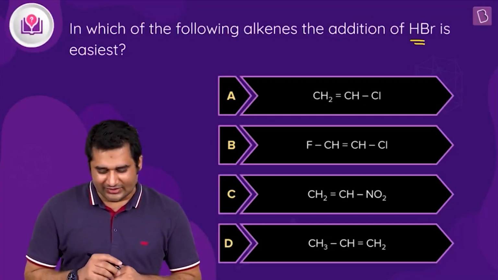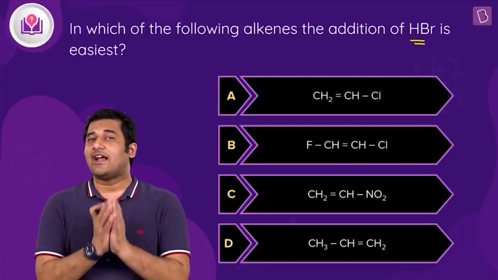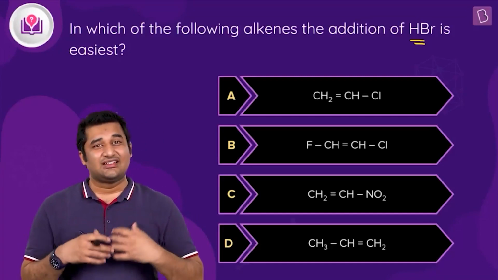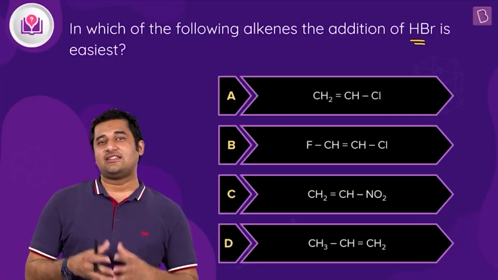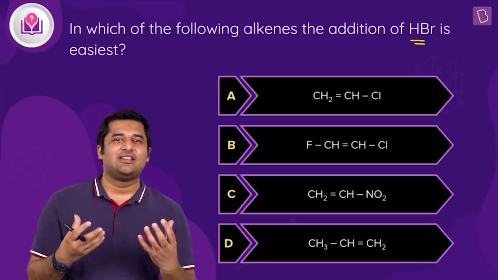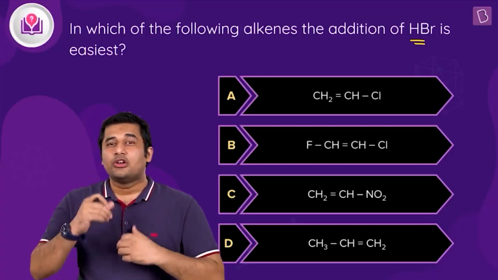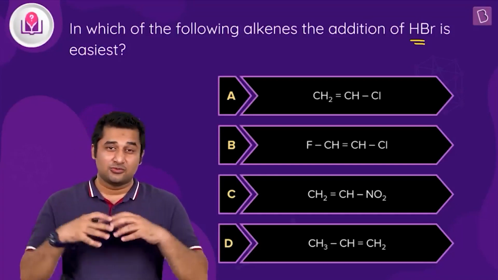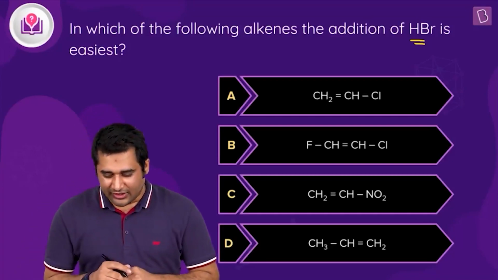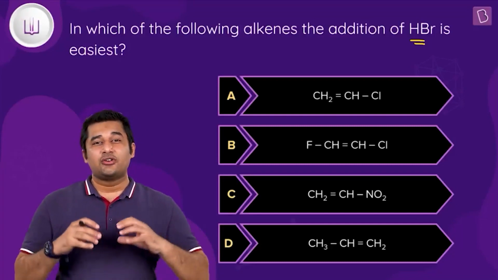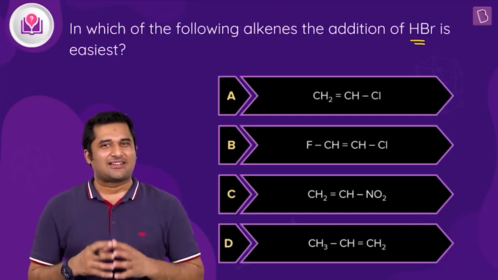Alright. So now you can see, whenever an electrophile has to attack, it will always look for those molecules wherein the electron density is high. Why? Because electrophiles are electron deficient, and definitely if the molecule has high electron density, it will be a more lucrative offer for the electrophile to attack, isn't it? Because it wants more and more electrons. So now we have to look for options wherein the pi electron density will be maximum.